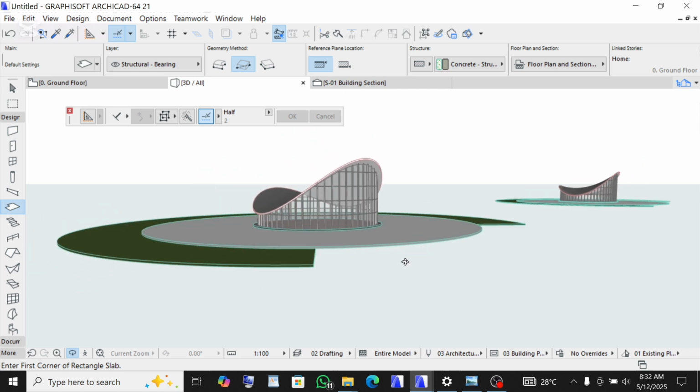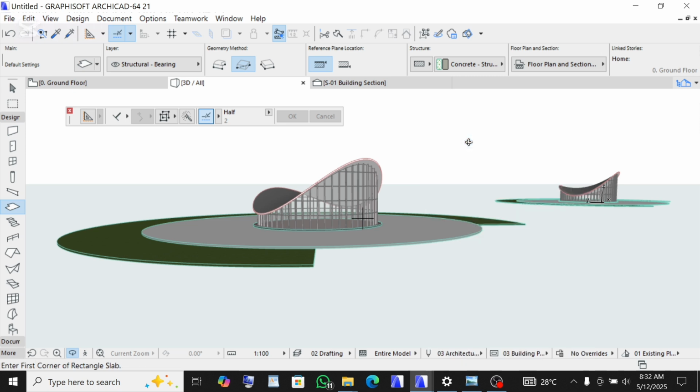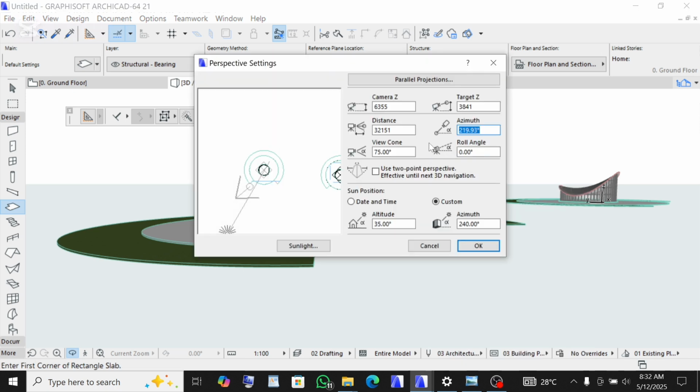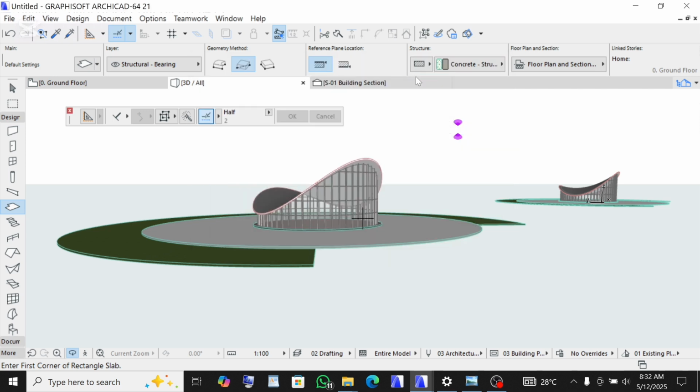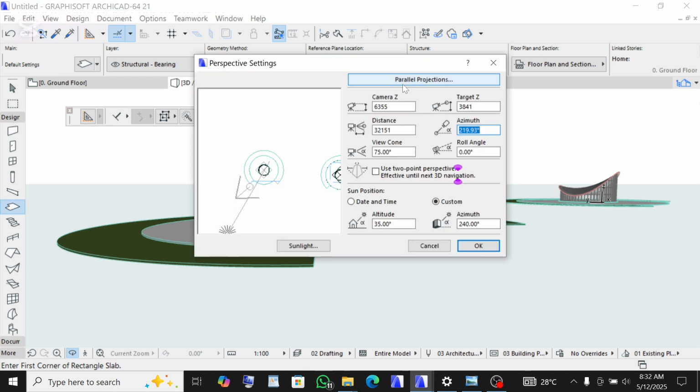to position some things. So on the 3D, right click on this 3D projection settings, click on it. Okay, yeah, this is where I want us to be, but the fuse is not here. Maybe it's on this perspective settings. Then simply click on it to go to these parallel projections. Okay, now I want to